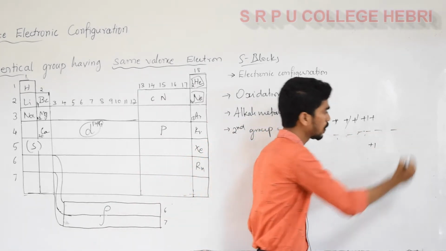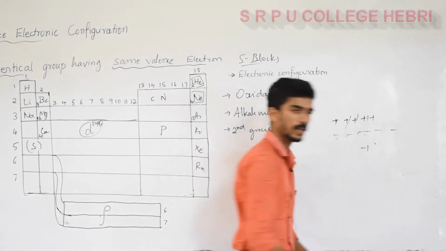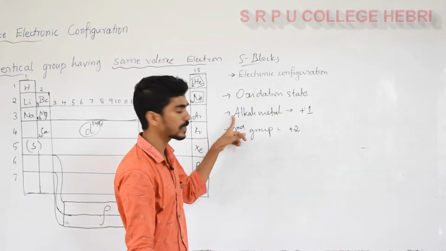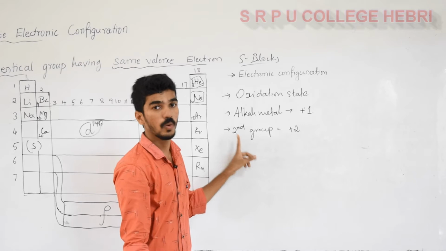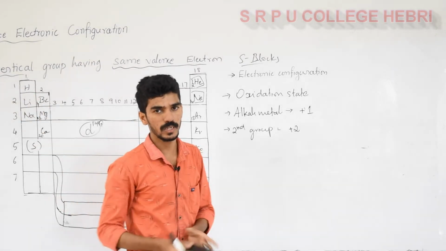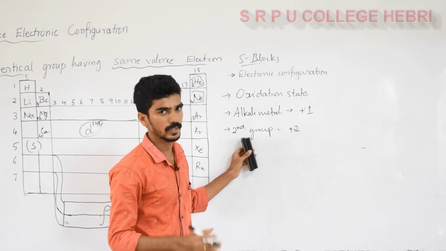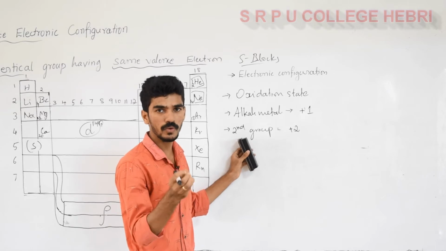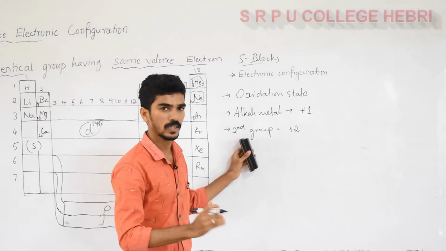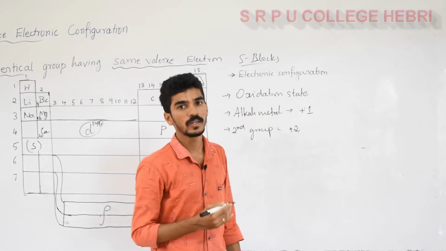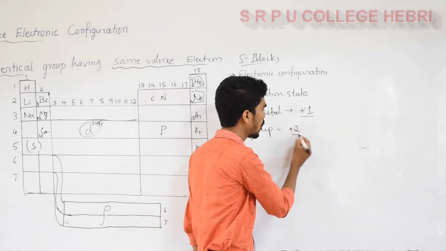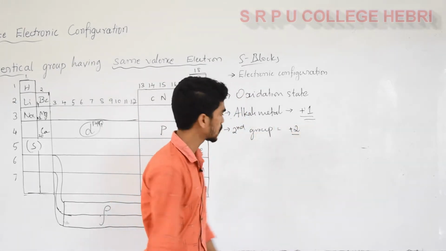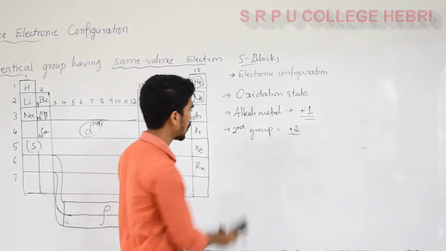If you add one more minus charge, it becomes -1. So loss of electron takes place in alkali metals and alkaline earth metals only because the reason is that the electrons are present in the outermost shell, which is far from the nucleus. The effective nuclear charge concept comes in here: the attraction force of the nucleus on the electron is very less, so it can easily donate electrons but it is difficult to gain. So if they lose electrons, the oxidation state should be +1 or +2. Alkali metals are always in the +1 oxidation state, and alkaline earth metals are in the +2 oxidation state.